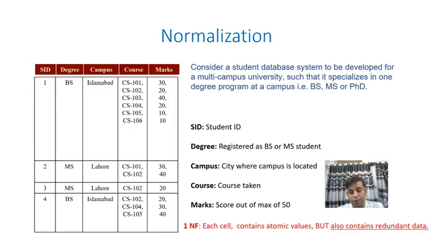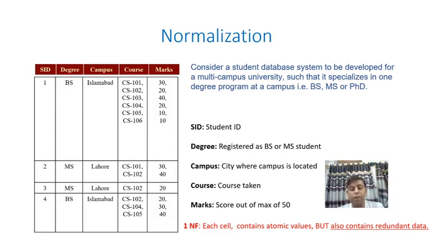We'll start normalization from first normal form. Actually there are different normal forms, and these normal forms are stages or levels of normalization. So the normalization starts with the first step, that is known as 1NF or the first normal form, 2NF or the second normal form, 3NF or the third normal form. Then there is BCNF or Boyce-Codd normal form, then 4th NF, then 5th NF.